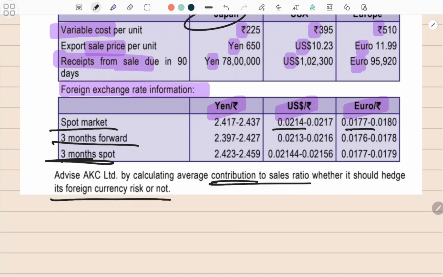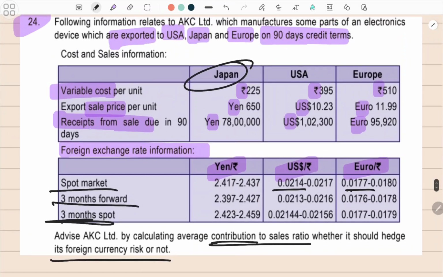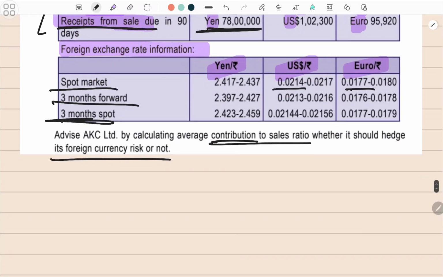For contribution, I'll need two components, sales and variable cost. Do I have total sales with me? Yes, I have that. Do I have the total variable cost? I do not have that. I have the per unit variable cost. If you notice closely, I have the per unit sale price and the total sale price, so I'll get the quantity first. Quantity sold, you could say, units,